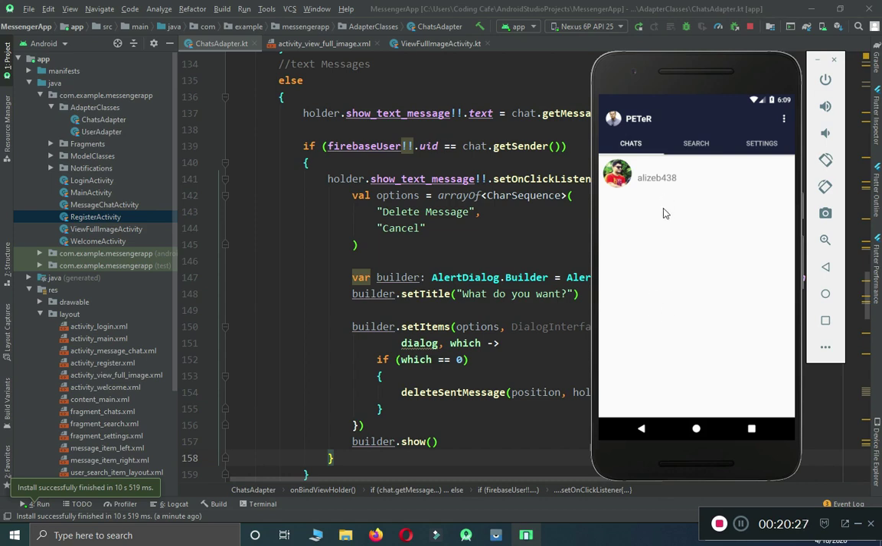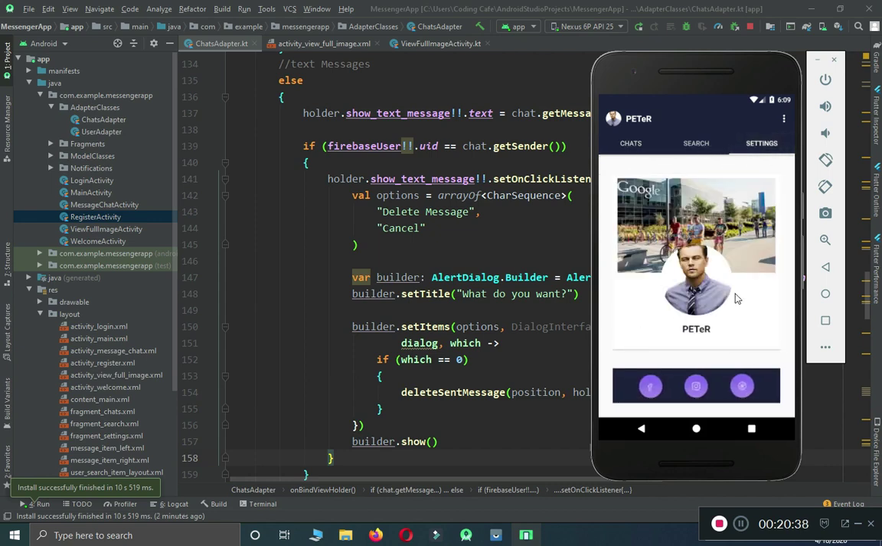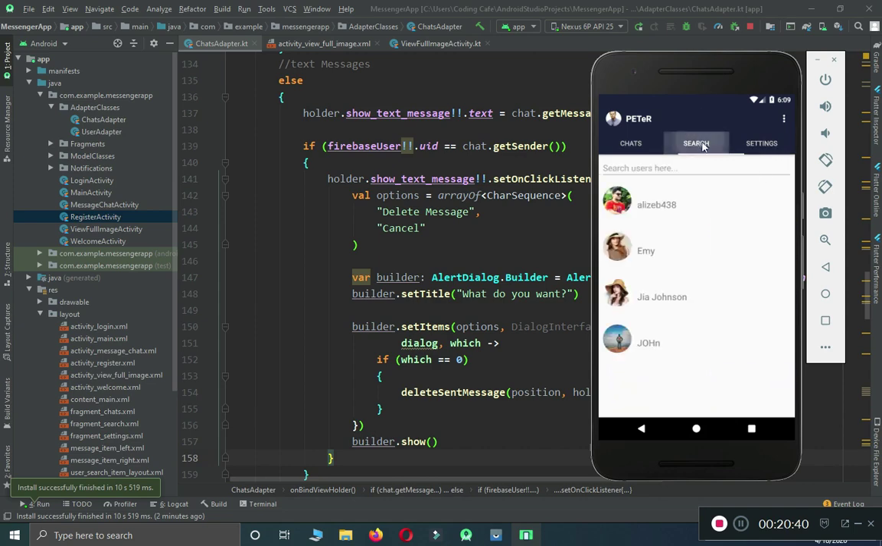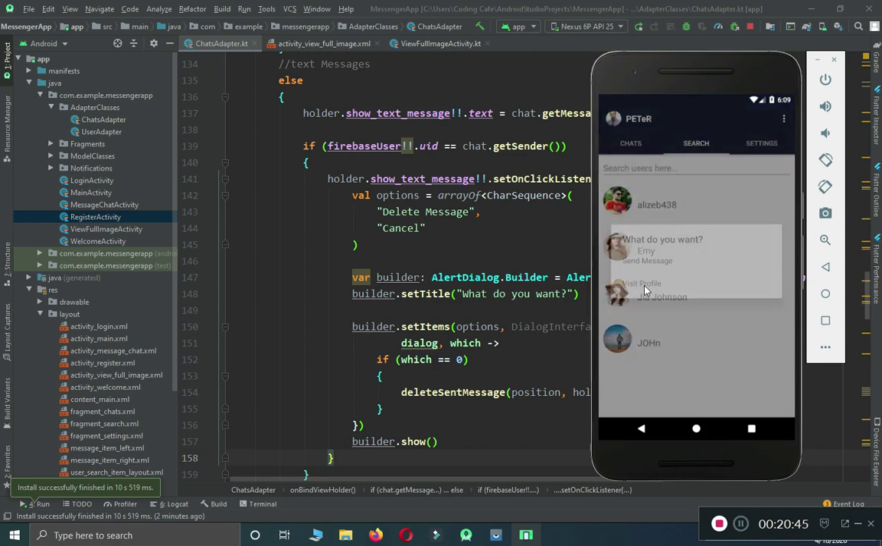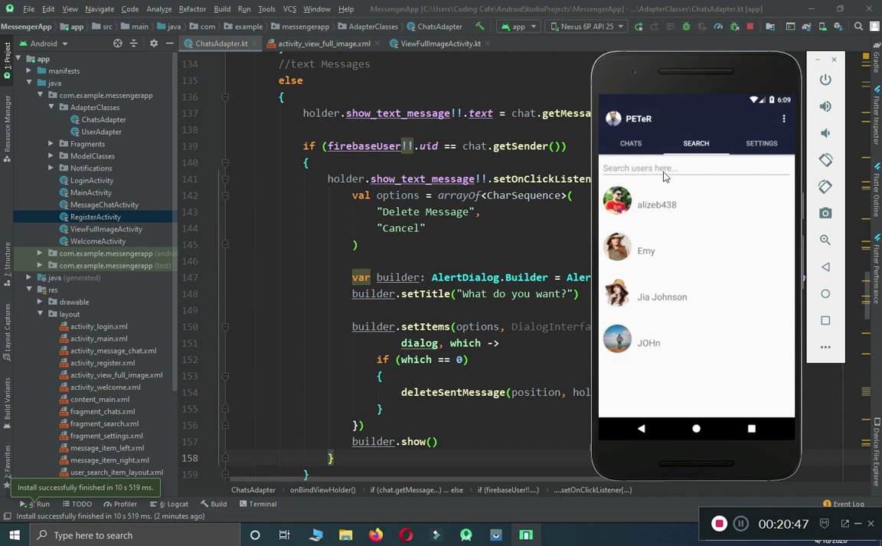And also we will implement the online and offline user feature in the next video tutorial, as well as visiting the user profile. Let's say if you search for any specific user, then this option, which is visit profile, we have not implemented that feature yet. So we will be completing the application in the next